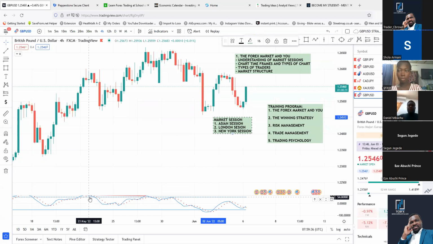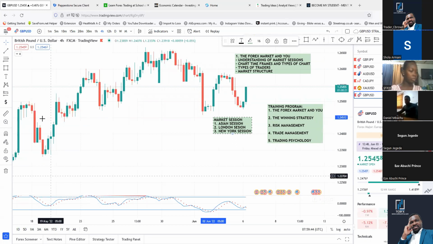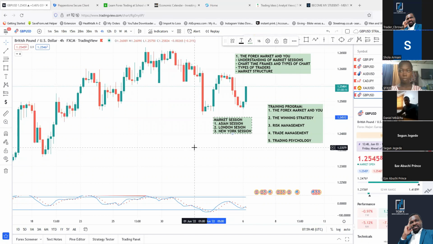It is very important to understand that the market section will not just align by what you feel like. No, you have to just know that if you are in London, somebody posted, let me see if I can share that with you. Somebody posted a very good representation on my, I'm going to try and share the image with you guys.